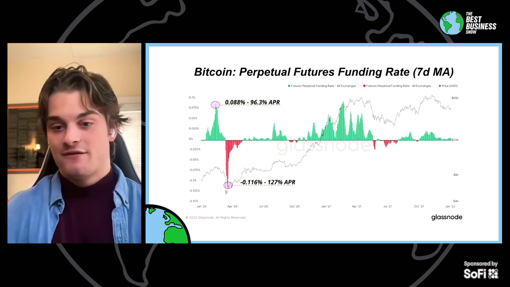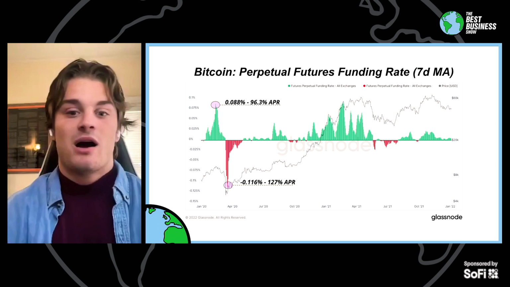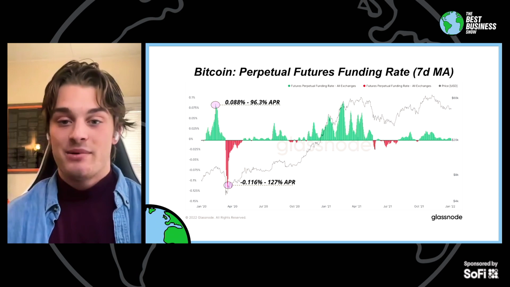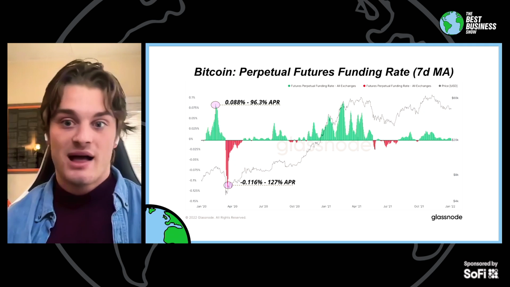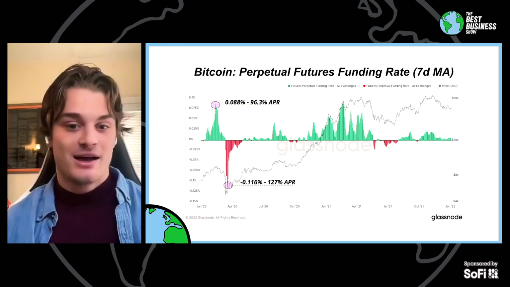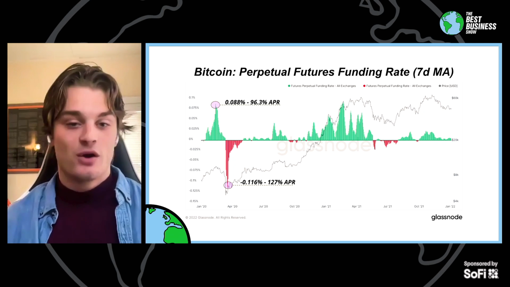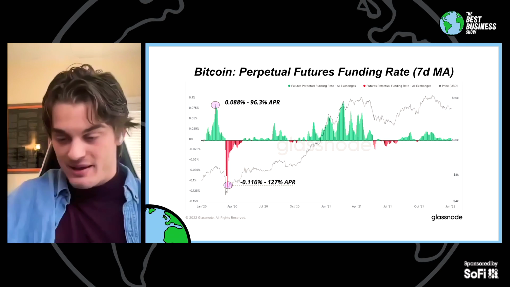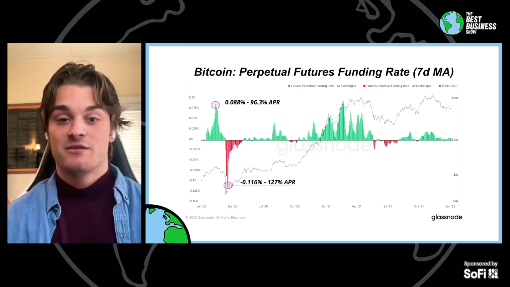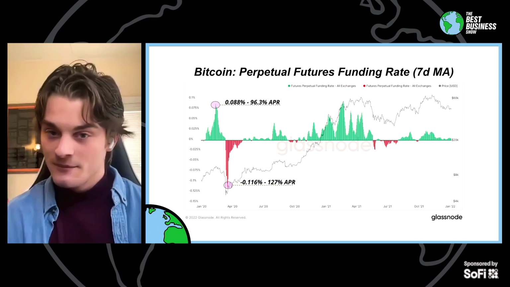So if say speculators in the futures market are driving the price higher than the spot market price, say the price on Coinbase, well, what's going to happen is there's going to be a funding rate applied to basically disincentivize or to tether this futures market price to the actual index market or to the spot market. So if speculators are really bidding the price of that perpetual futures market contract up, what we're going to see is funding's positive. So I applied a 7-day moving average to this funding rate over the last 2 years. And what do you see, right?